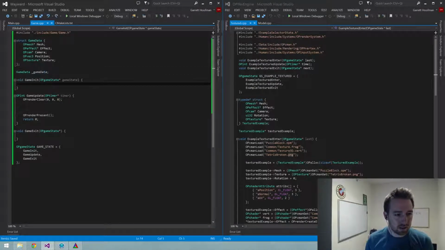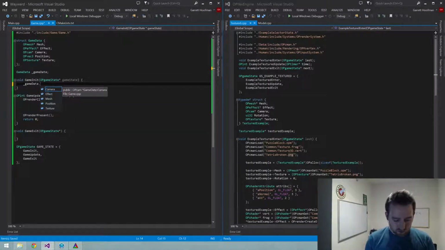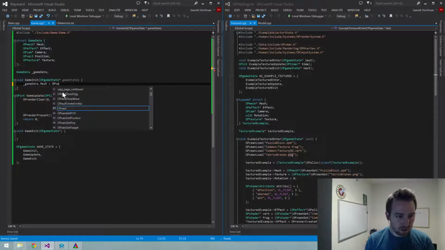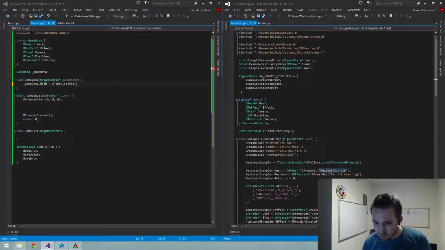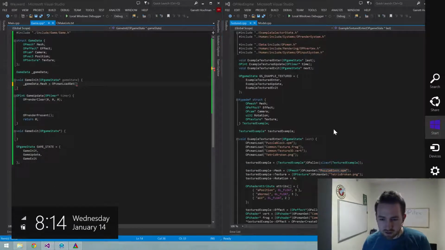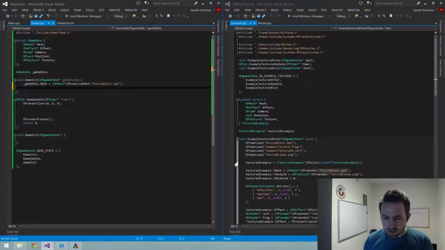And let's keep it the underscore. Okay, so our mesh is get, and I'm probably just going to copy this puzzle block here for now to get something on the screen, and then we can go back through and get something better. Puzzle block, and then we